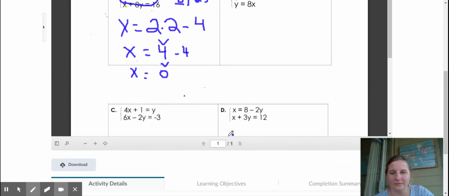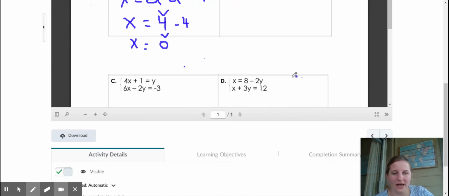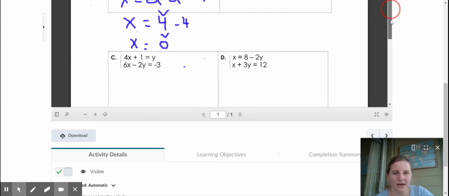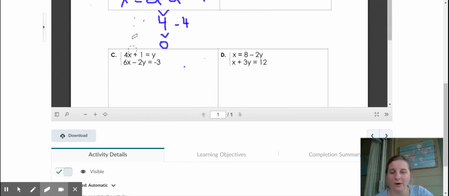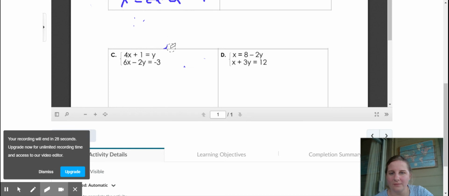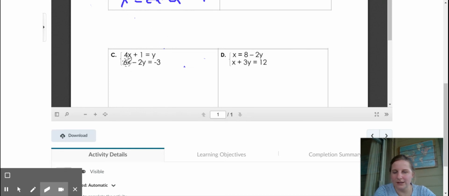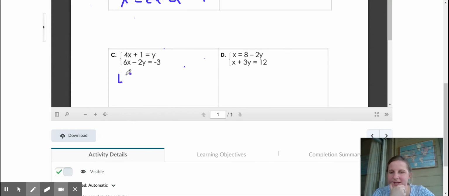Okay, and I want to look at problem number C. I guess I'm going to need to erase a little bit. All I want to point out, I'm not going to go very far with it. I just want you guys to see right here that you're going to have to do the distributive property. So I'm going to say that this is y is equal to 4x plus 1, and 6x minus 2y. So it's going to be 6x minus 2 times 4x plus 1 equals -3. And don't forget that you're going to